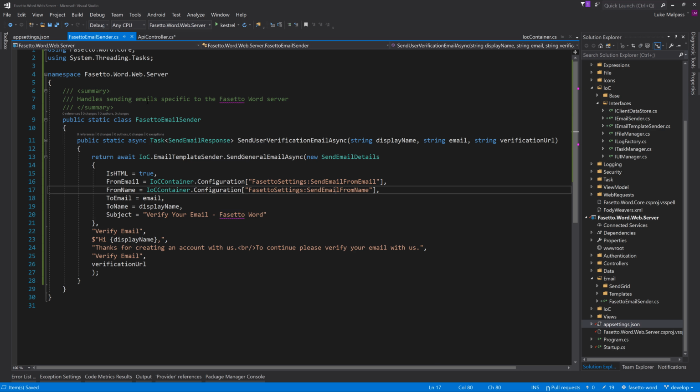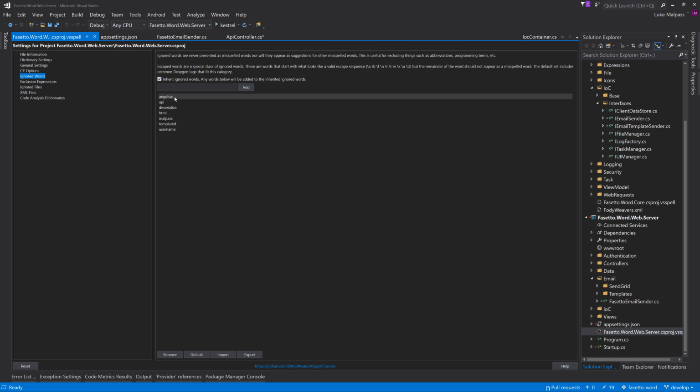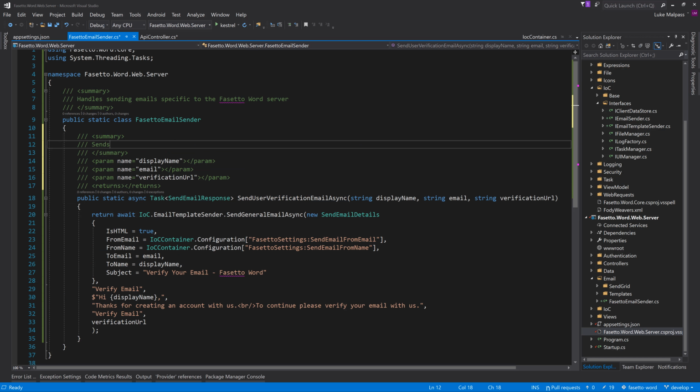Fasetto is apparently not in the words, really. Oh yeah, we've never even added Fasetto to the dictionary. Right, so now we have: sends a verification email to the specified user. So the user's display